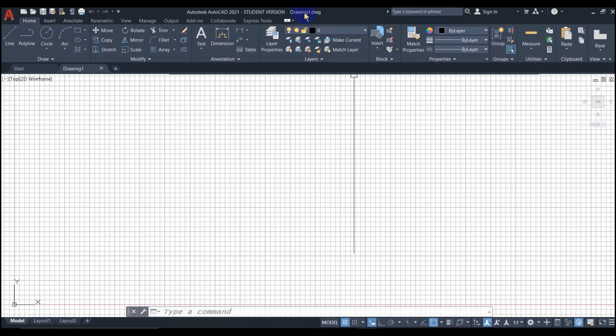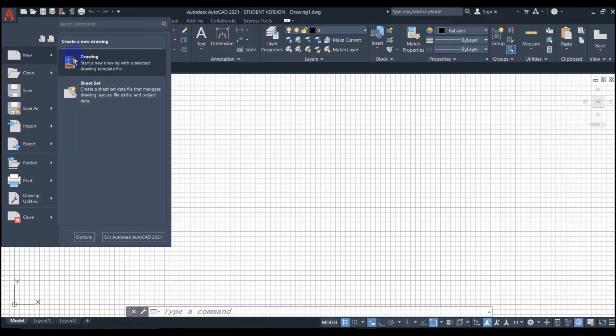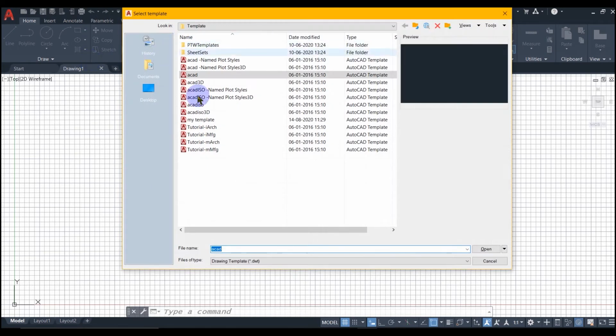We can see that because I am currently sitting in the drawing1.dwg file, that means the file has not yet been saved. Let's say I would like to use a different startup drawing. I am going to start from a template. To do that, I am going to come up to my application menu and click the letter A. I am going to come down to new and I will come over and select drawing. This brings up my select template dialog box where I can choose a new startup drawing,